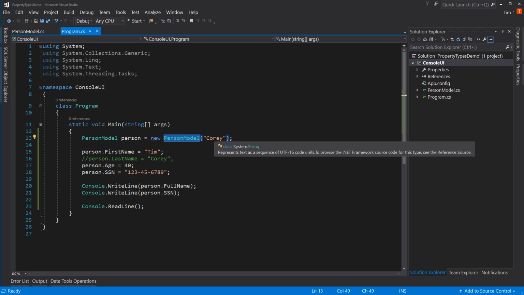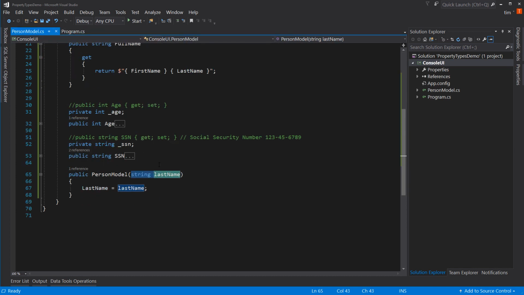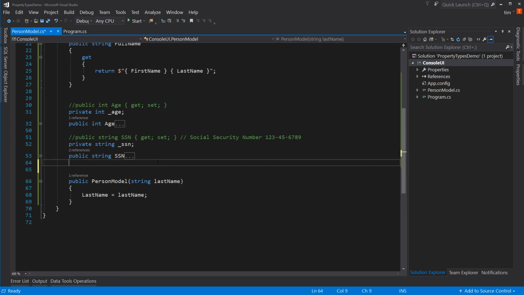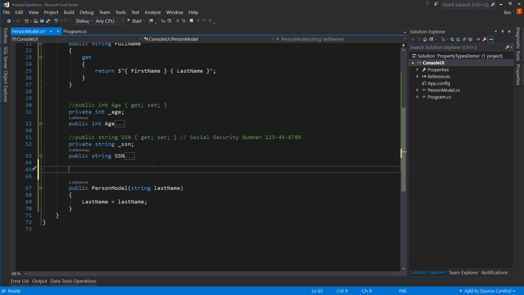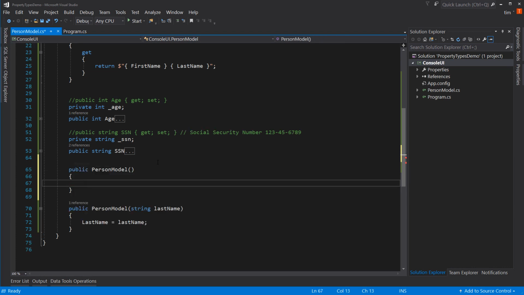So what if I didn't want to do that? Well, we're going to cover this more later, but there is an option called method overloading. And again, this is going to come in module 6 with some of our advanced object-oriented programming techniques, but we'll cover the basics now. So if I said CTOR, which is the constructor snippet, and tab twice, it creates a